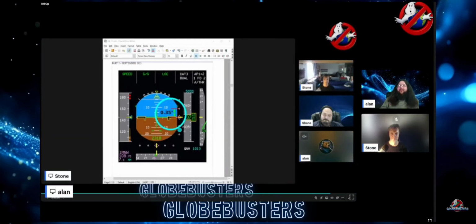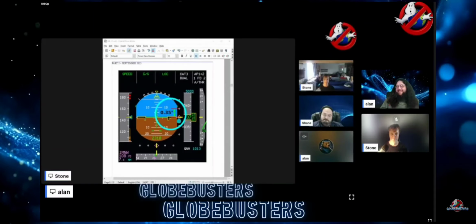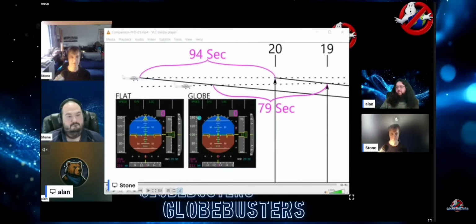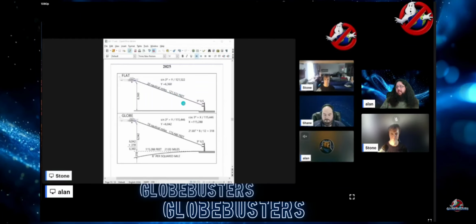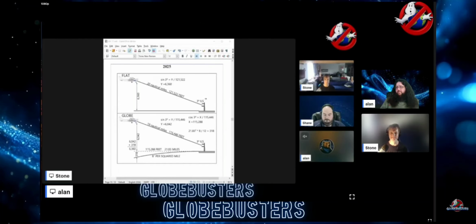No, you're wrong. Stone has a pilot that made like 3 attempts to get this data correct, so we could read the glide scope correctly. And after we got the correct data, Stone plotted out the differences for what they predict, and the plane is lower than what the globe predicts every time by like 140 to 200 some meters, I think. And then distance wise, it ends up being 1 nautical mile closer than what the globe predicts, if I'm not mistaken. You did a lot of mangling there.